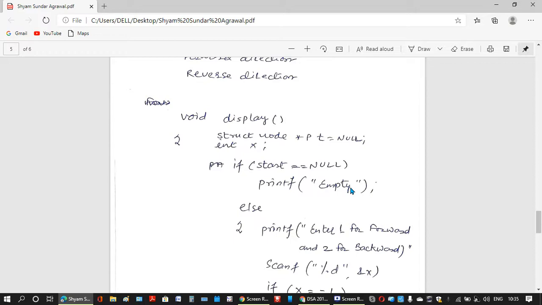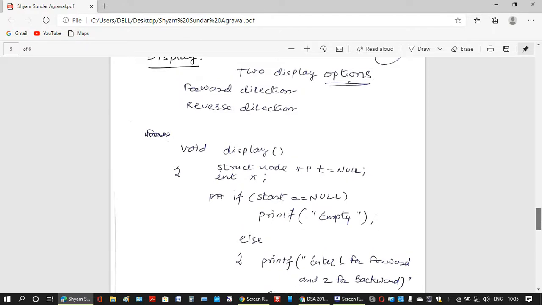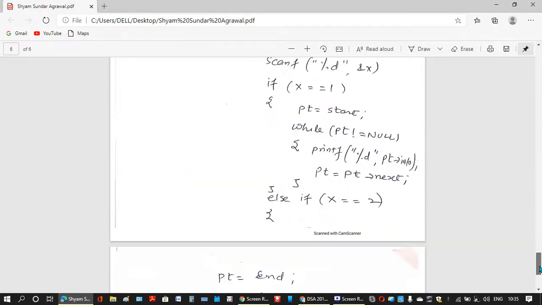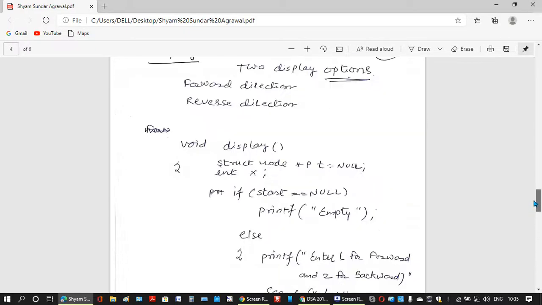When the choice is taken in main, you pass it to the display function, and you will not ask in display what your choice is, 1 or 2. That depends on your C programming skills and your need, how you want to implement it. I hope this is clear to you.